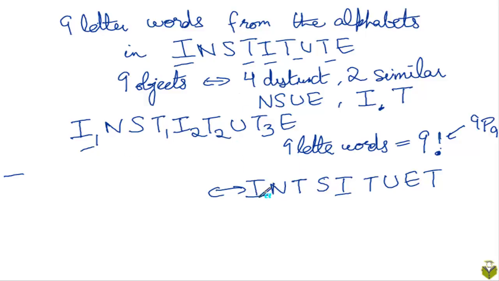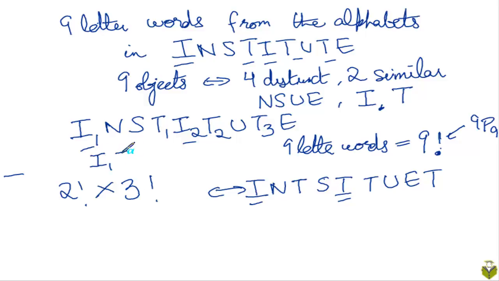So if each of these I's were different, then you could arrange them in 2 factorial ways, because there are 2 I's, like I1 and I2. And if you had all these T's as distinct, like T1, T2, and T3, then you can arrange them in 3 factorial ways. So for each particular arrangement of institute, we'll have 2 factorial into 3 factorial more ways. That is the number of ways in which you can arrange,